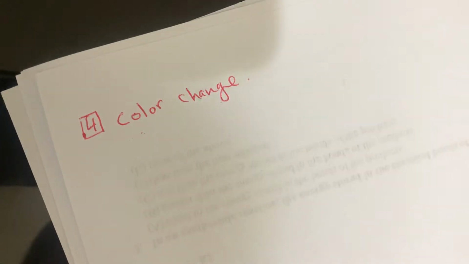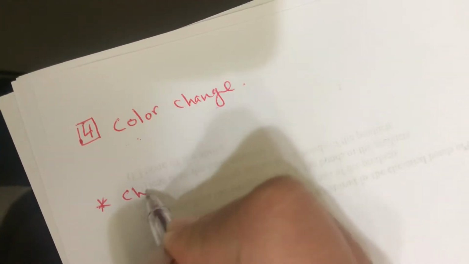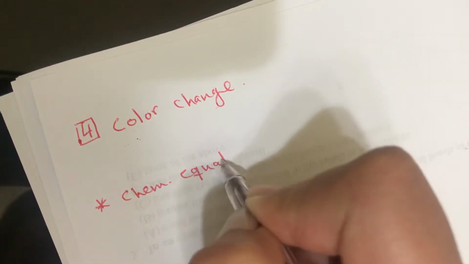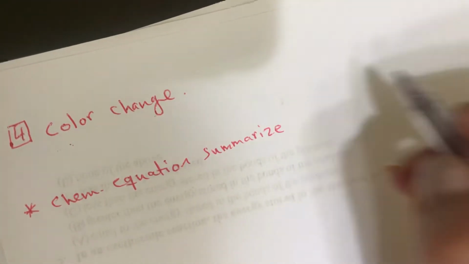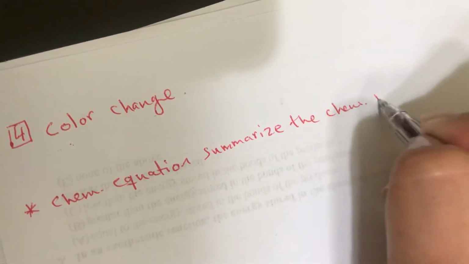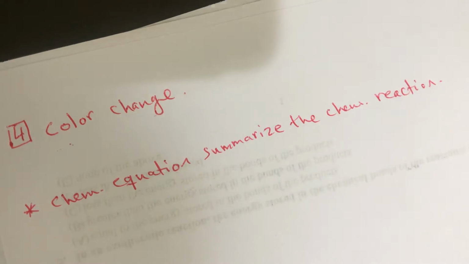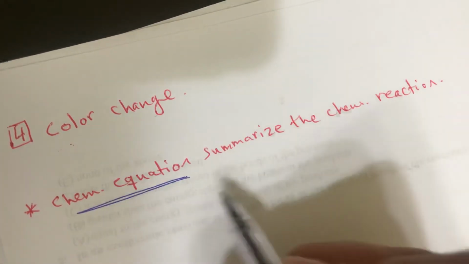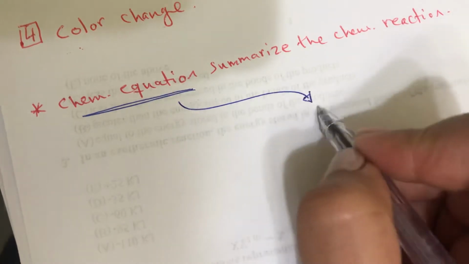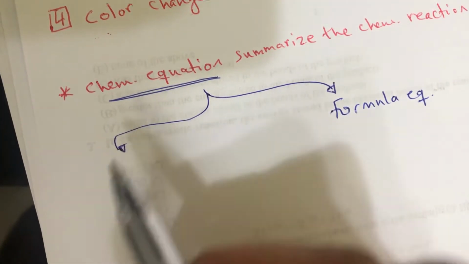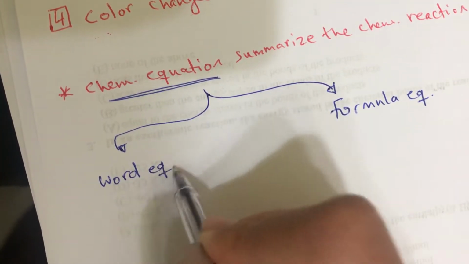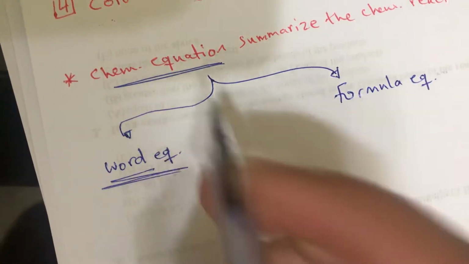Now, to summarize the chemical reaction, you have to use a chemical equation. So, a chemical equation summarizes the chemical reaction. There are two types of chemical equations: formula equation and word equation. So from its name, word equation, reactants